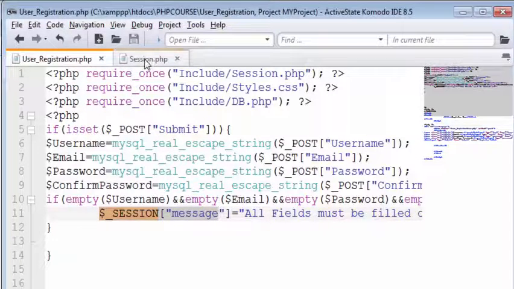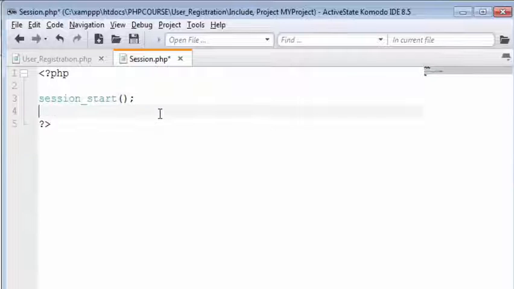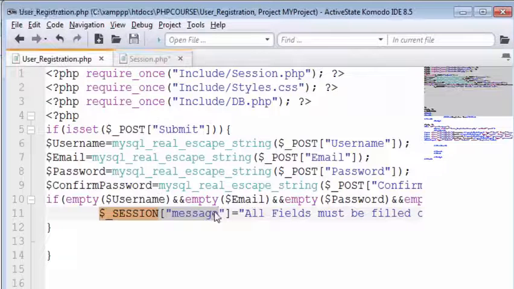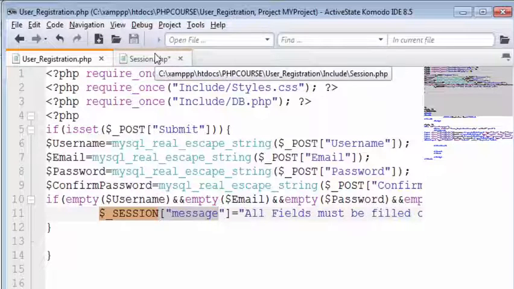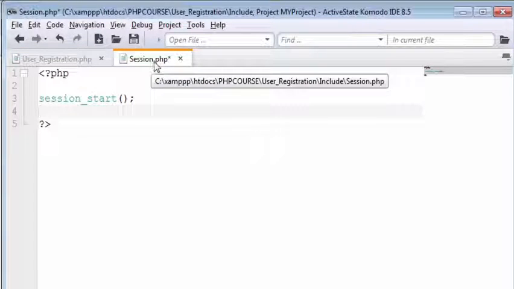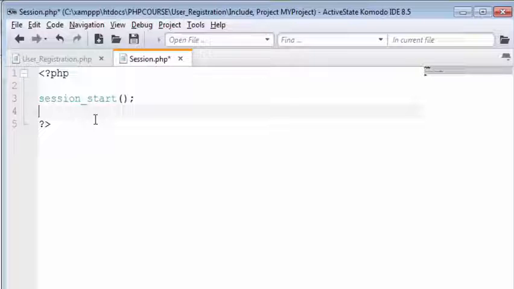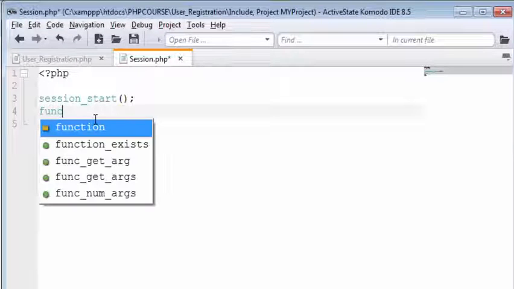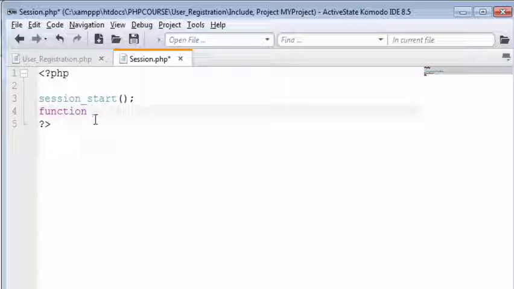So I'm going to create a function with the name of message so that we can call this function every time whenever we get an error. So in my session.php file, I'm going to add a function with the name of message,